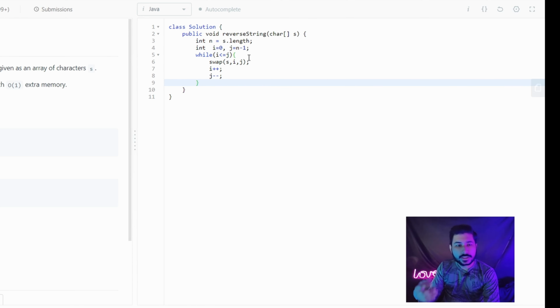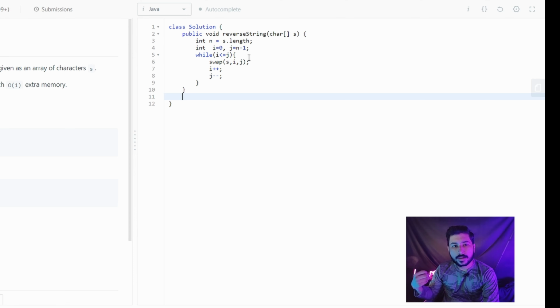When this is all over, your array will be reversed. In Java, the value is passed by reference. There are two things: passed by reference or passed by value. In other languages, you can pass by value or pass by reference. In Java, it is already passed by reference. So it is a pointer kind of thing which internally changes the positions. So you don't need to return anything.